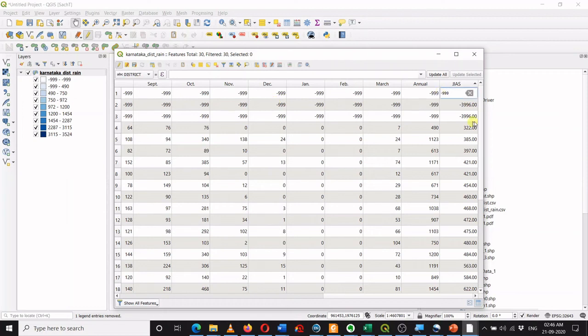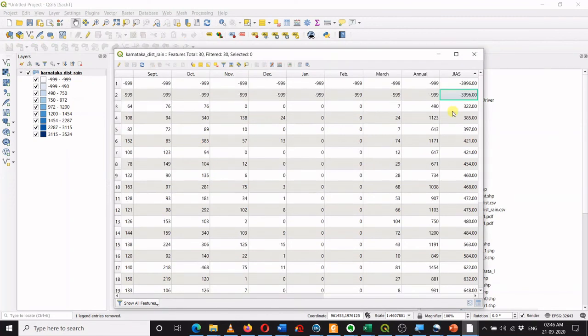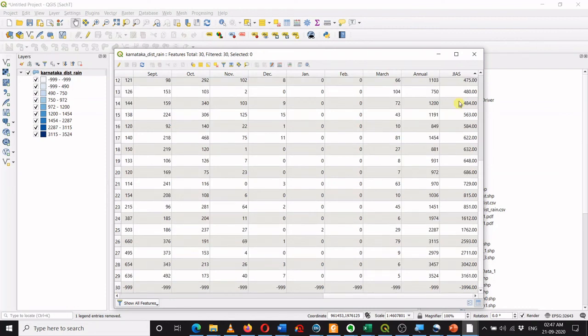Okay, you have to press enter, minus 99, enter, and so on. I will just do it again.